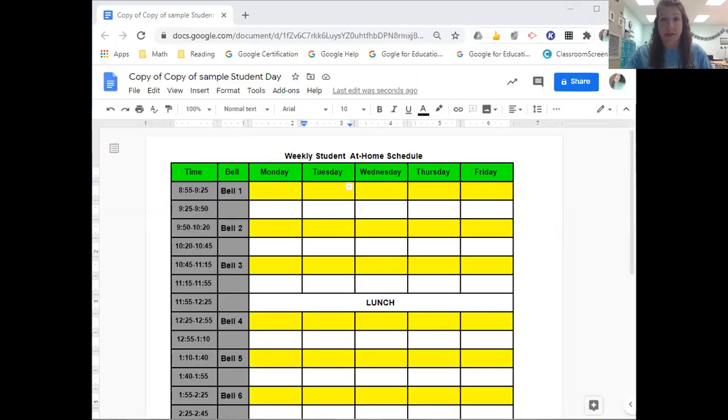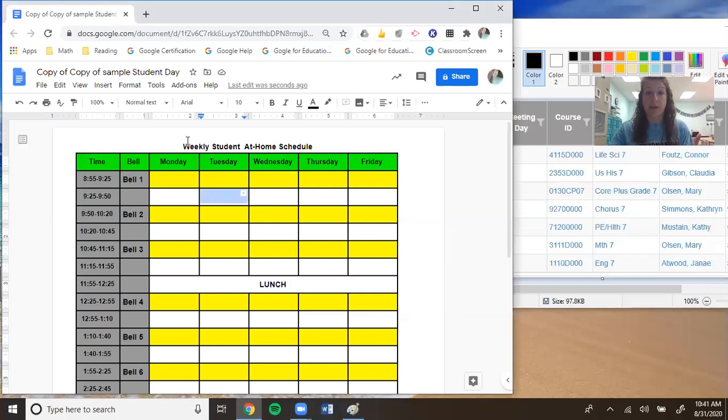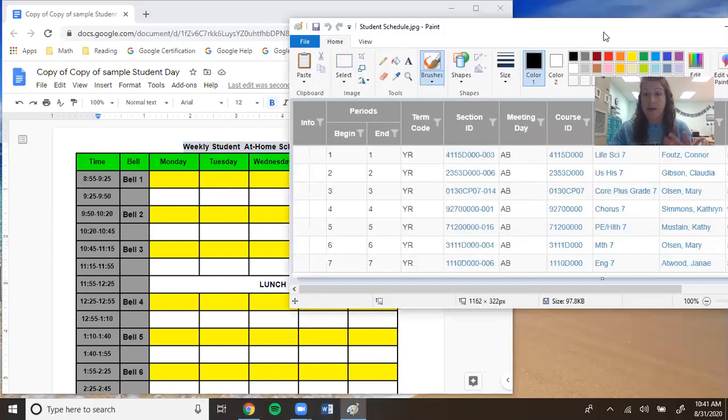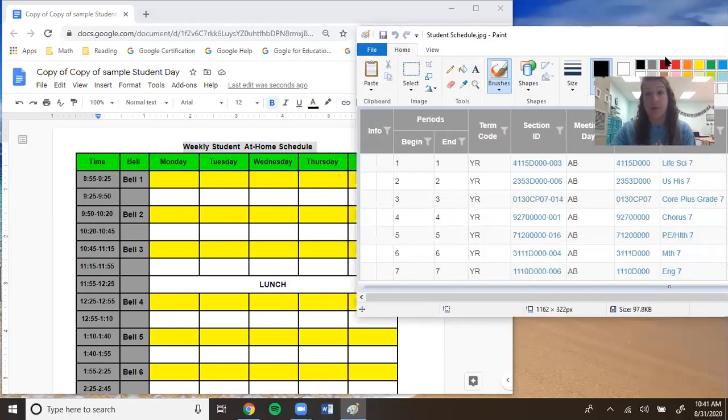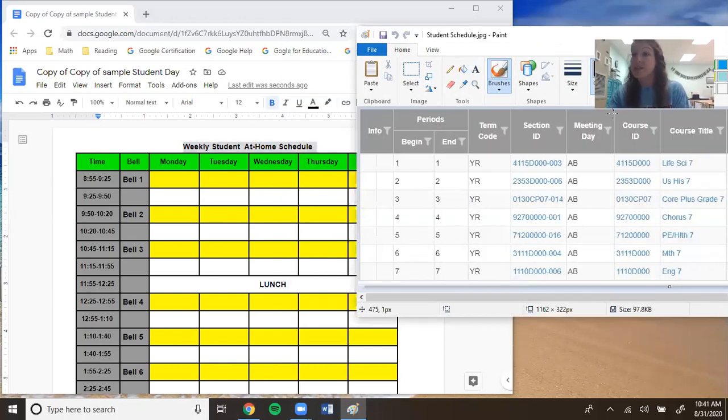I'm going to share my screen so hopefully you can see what I'm talking about here. So at this point, I'm hoping that you can see. Let me double check. So I'm hoping that you can see both the weekly student at-home schedule and this schedule that I have pulled that is an actual Hawkeye student schedule. I'm not going to share whose schedule this is, but I did have access to a student schedule, so I grabbed it